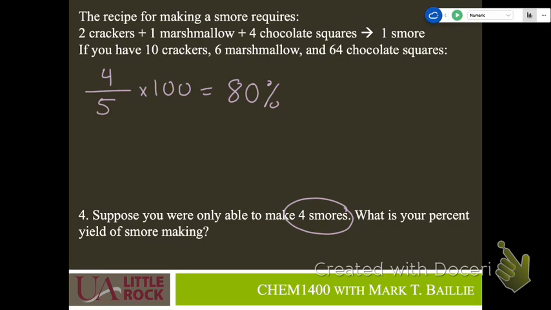Okay, so let's get to what is a reasonable value. Is a reasonable yield over 100%? You've never gotten over 100% in your labs up to this point. Yep, I see a number of people nod their heads. I've been in your labs. I've seen a number of people getting over 100%. What does that mean? It means you did something wrong, either in your calculations or in your lab itself.